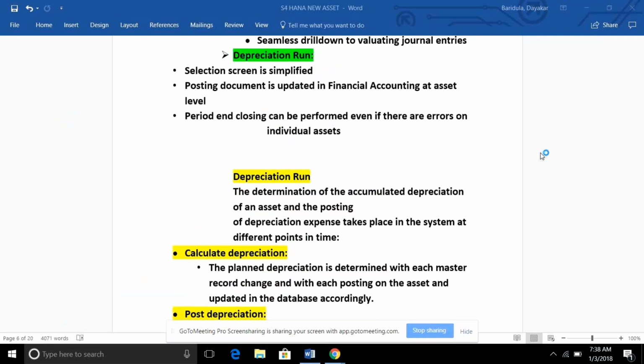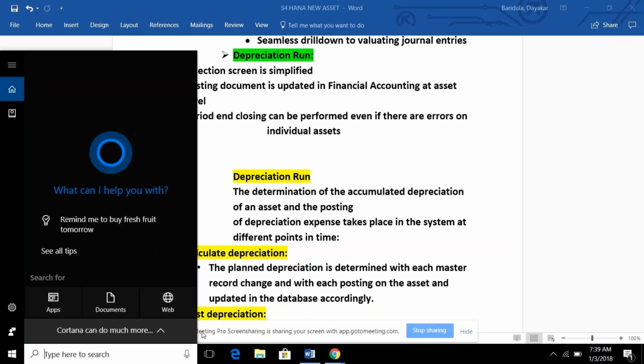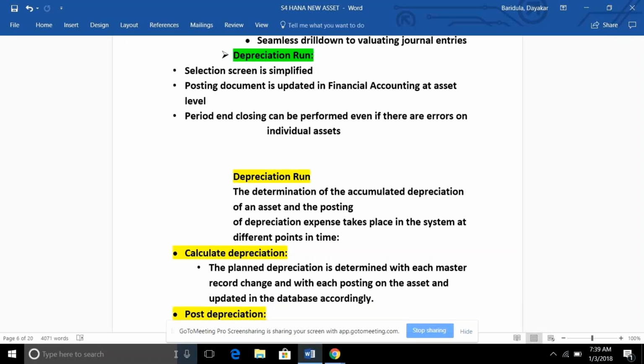Will we be doing the configuration of the entire asset accounting? Yes, we'll do that tomorrow. So today, basically, we will see only the theoretical part. I will just give the overview. The same thing we will see in the system tomorrow, the entire configuration as well as the front end. I will show you the complete cycle so that it will be clear.